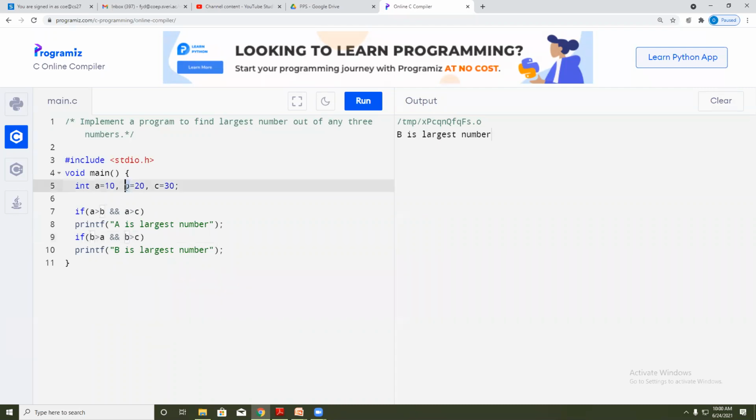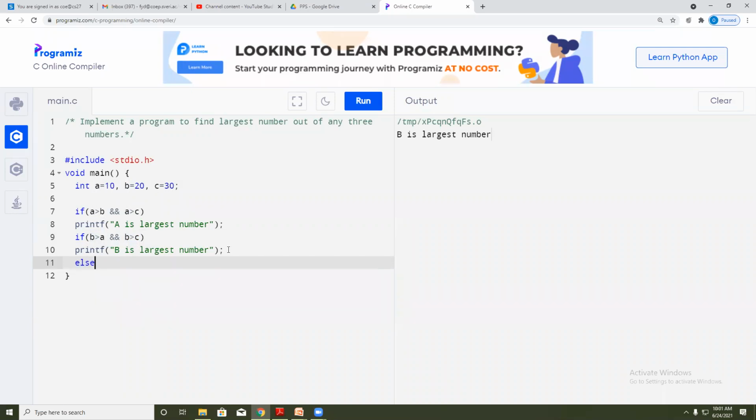Now check, 20 is greater than 10. Yes, the condition is true. 20 is greater than 30. This condition is false. When any condition is false in the logical AND operator, this statement will not be executed. It will go to the next.